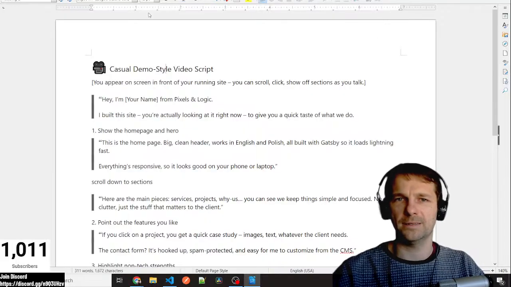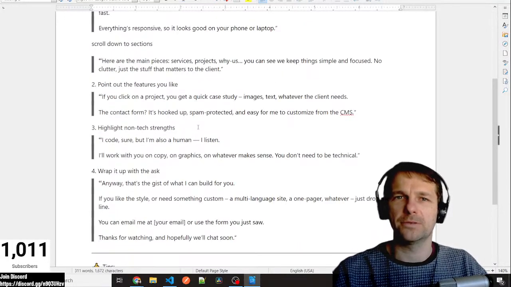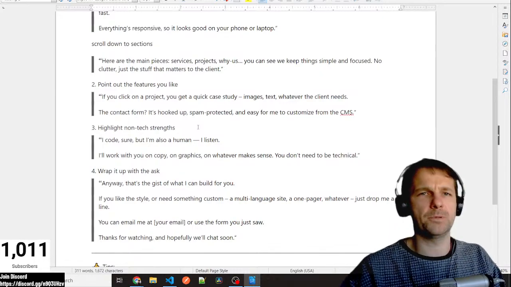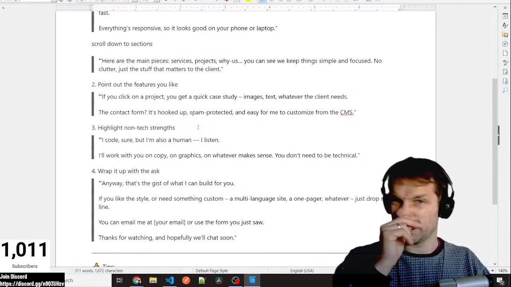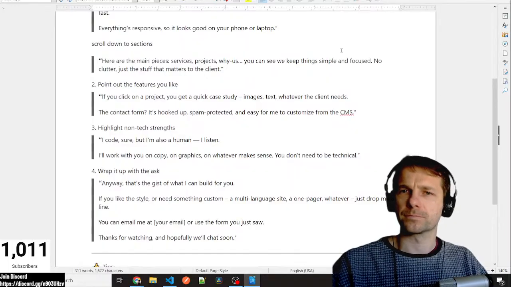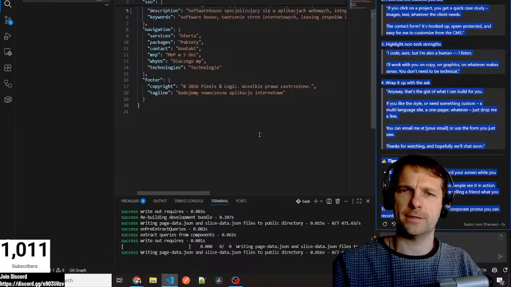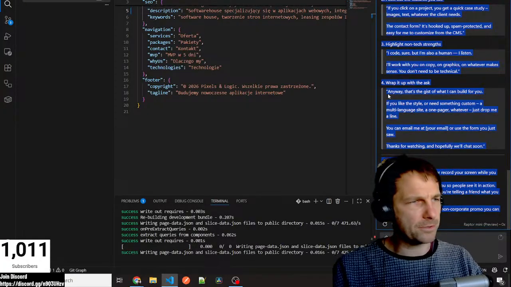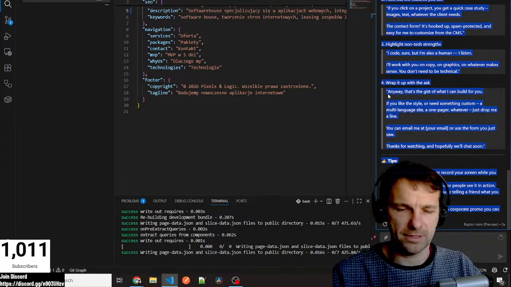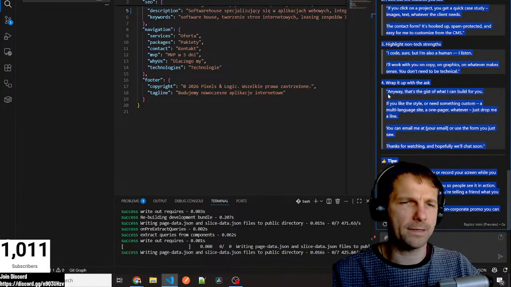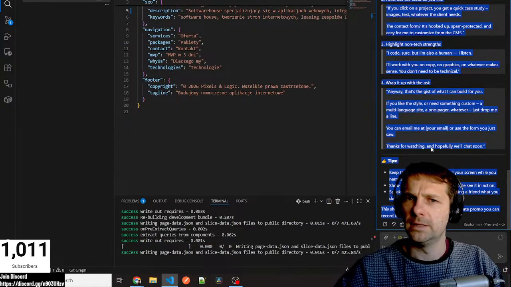So I don't think my AI will do a good job here. I think it's kind of meh, not very interesting. And I don't want to be saying, oh, here on this page it's a hero section. I don't think this is actually saying much. So let's not do that at all. This is a bad way to do it. And usually I'm actually really happy with what my AI spits out as marketing stuff. But if I don't want it to be too official, I think I like to